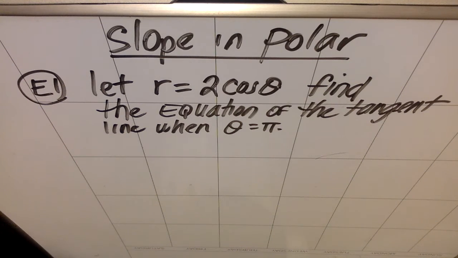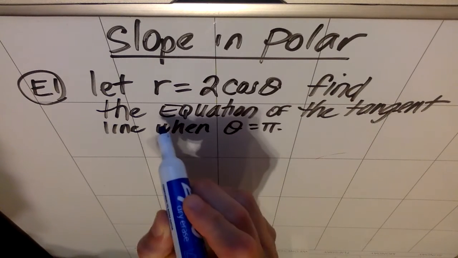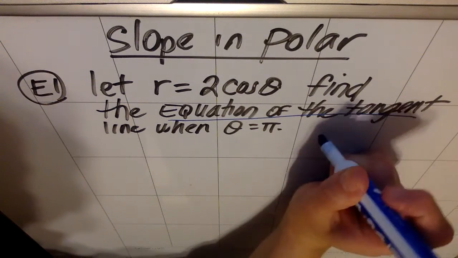All right, we're going to do an example of finding slope in polar. So we're going to say let r equal 2 cosine theta, and we're going to find the equation of the tangent line when theta equals pi. All right, so remember that anytime we hear the phrase equation of a line, forever and always, we need